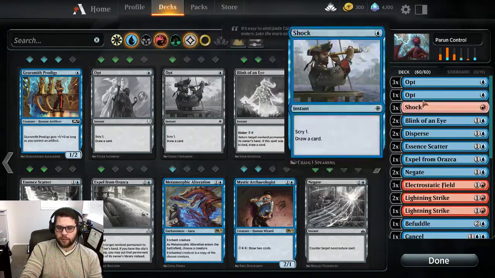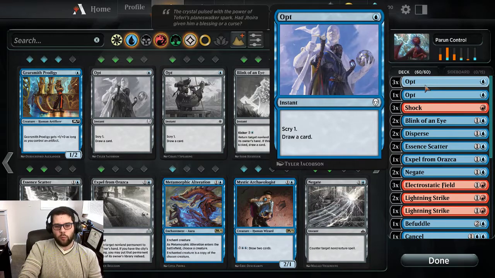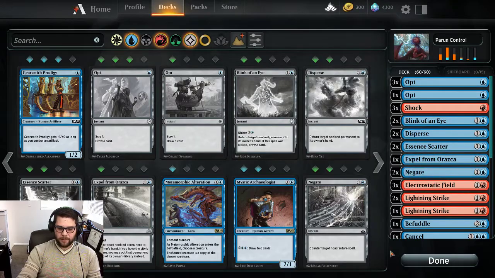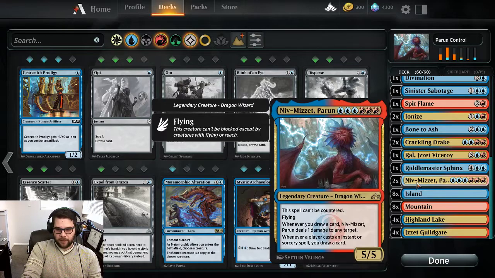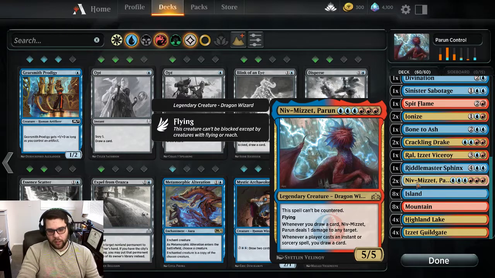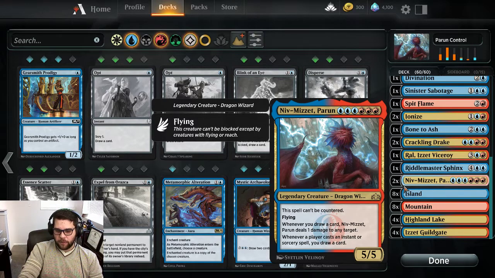which is he makes everything better. Even Opt is a great example. 1 mana to scry 1, draw a card, and because you cast an instant, you draw another card, and so now you've drawn 2 cards, and you can ping for 2 damage, all off of 1 blue mana. So this Niv Mizzet, if you can get him down, and if he stays on the battlefield for any period of time, the amount of value he generates is absolutely ridiculous. I could only afford to get 2 with the wild cards I have,